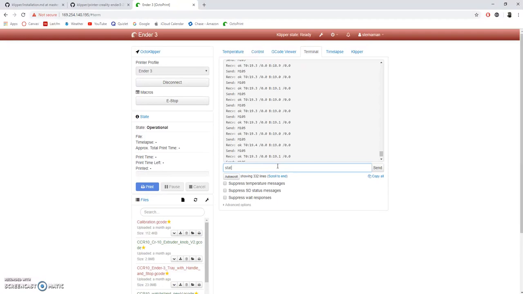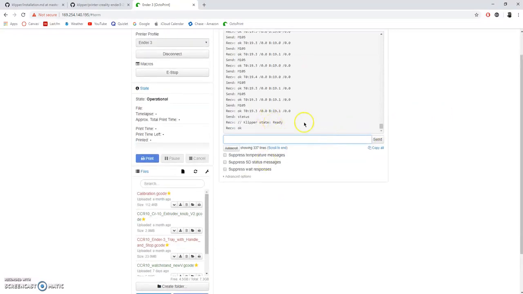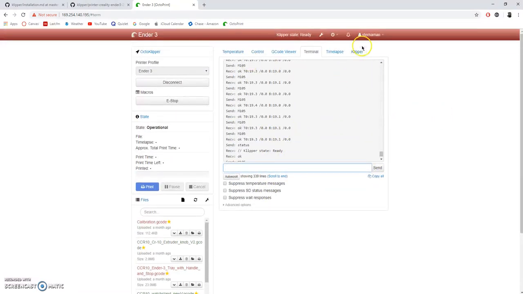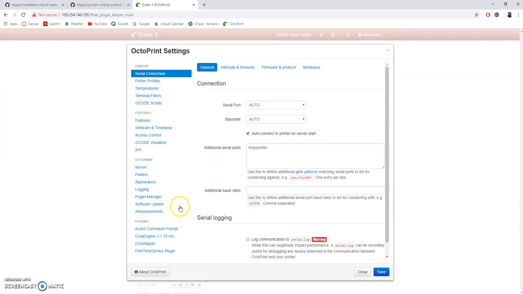So let's just enter in this status command one more time just to check that out. So yeah, status, Klipper state ready. So through the plugin in OctoPrint, you can restart the host controller, you can restart the Klipper firmware. There's assisted bed leveling if that's your thing. You can emergency stop, macros, PID tuning, offsets, performance graphs, anything you kind of want to mess with in Klipper,